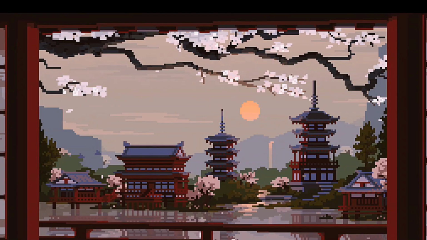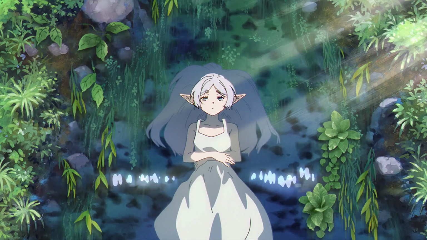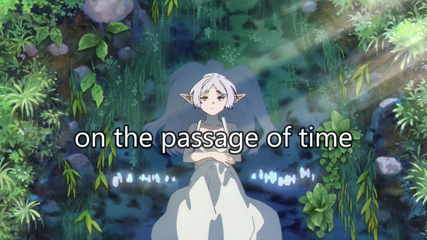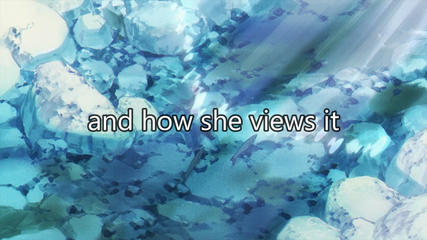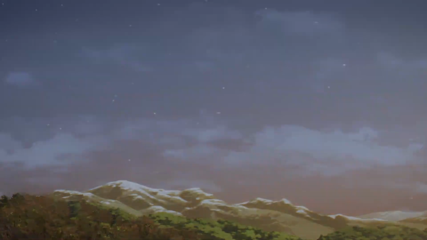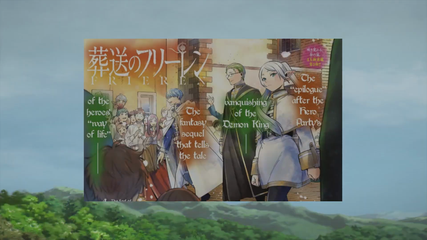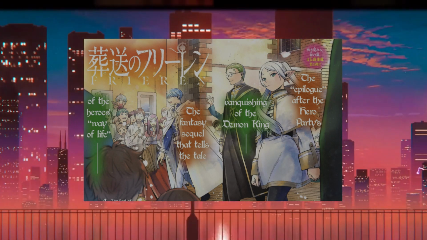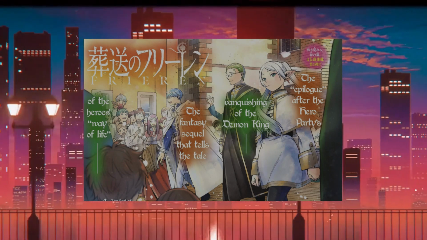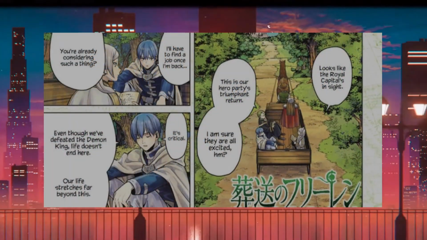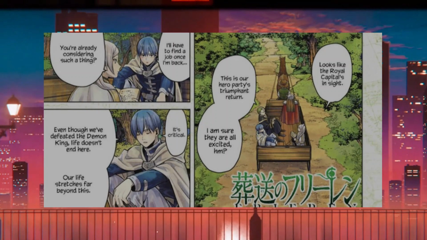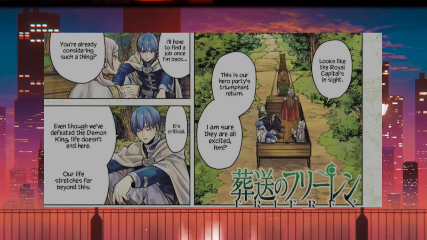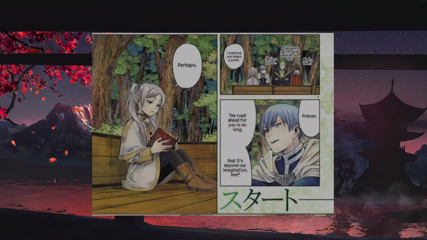I'll begin from the start and go through it as the story allows us to learn Frieren's perspective on the passage of time and how she views it. From the very first chapter, we can see the contrast between how the party members of the hero party view life compared to Frieren, and their need to decide what to do next after the end of their journey, due to the limited time they have in life, which heightens the sense of urgency to make use of the time that they are given.